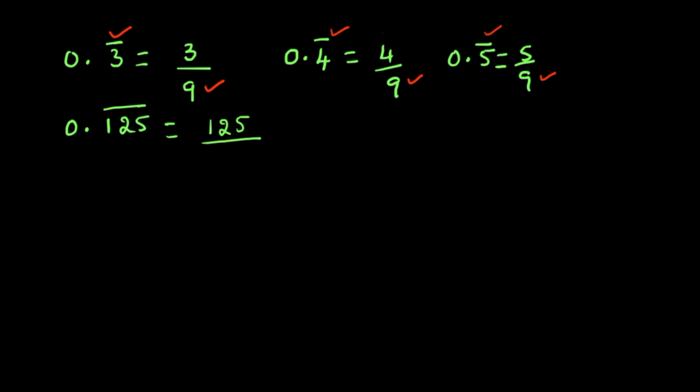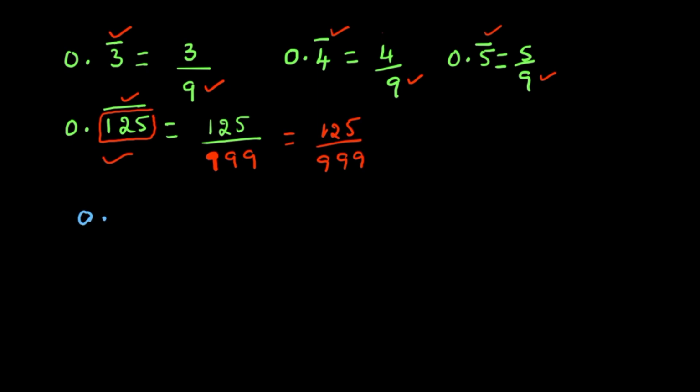Okay, now if you observe, we have for 125 here the bar, that means this is actually 0.125, 125, 125, and so on. That means the 3 digits are repeating here, right? So I should take now 3 9s in the denominator. Yes, the answer is 125 divided by 999 for this question. If you have any doubt, you can check with the normal process, then you can come to know whether it is right or wrong.